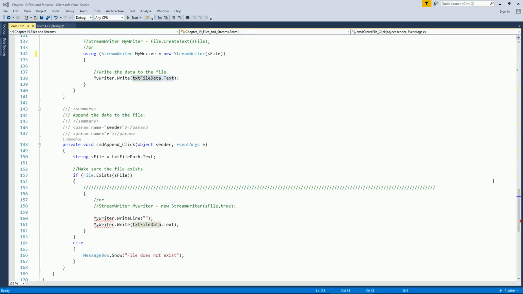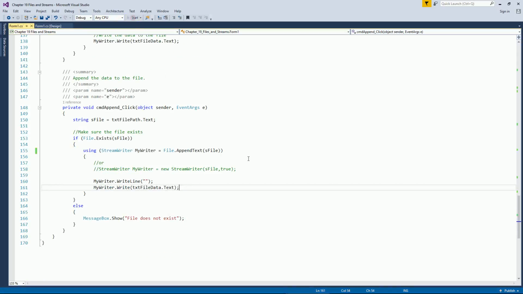If we want to append to a file that already exists, we get the file path, then we access the stream writer and pass in that file name. This is going to write a new line character essentially, and then I'm going to write the data that's in that text box. So when we run this,